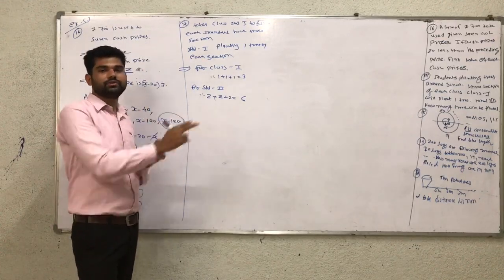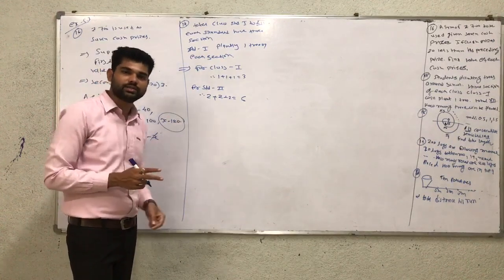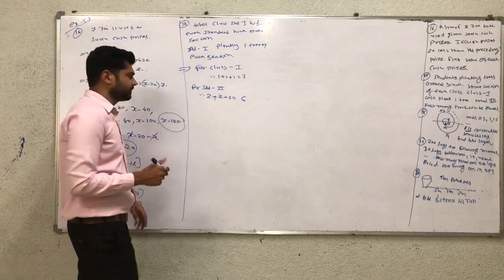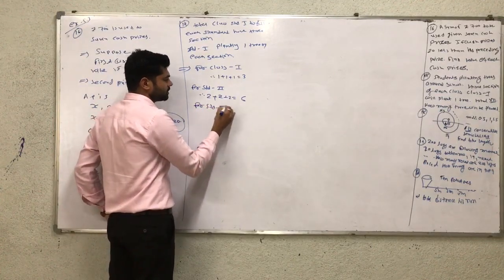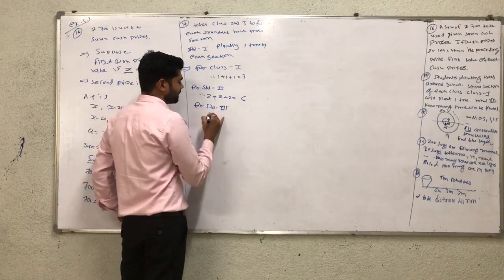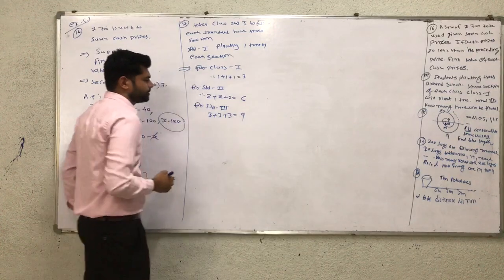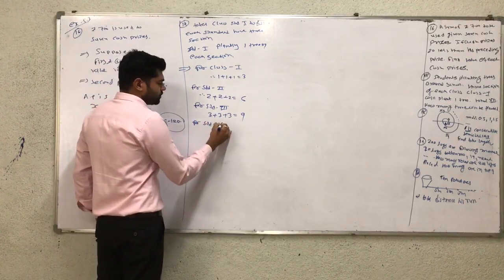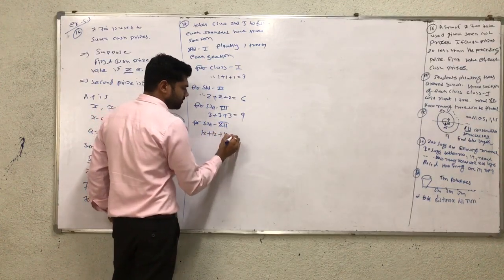All details are given in the question, so for this reason we have to take 2. In a similar way, for standard 3, the question gives 3 trees for each section. So for standard 3, 3 plus 3 plus 3 is equal to 9. In a similar way, for standard 12, here is 12 plus 12 plus 12.